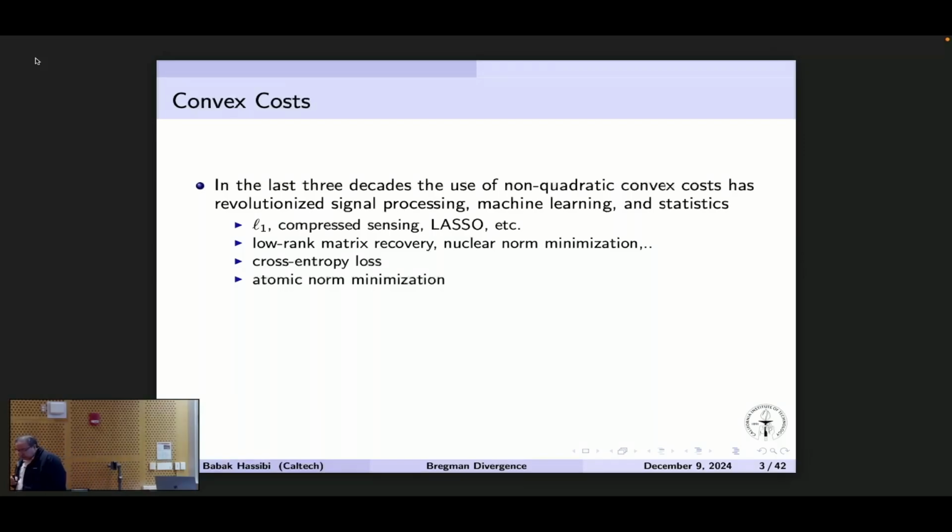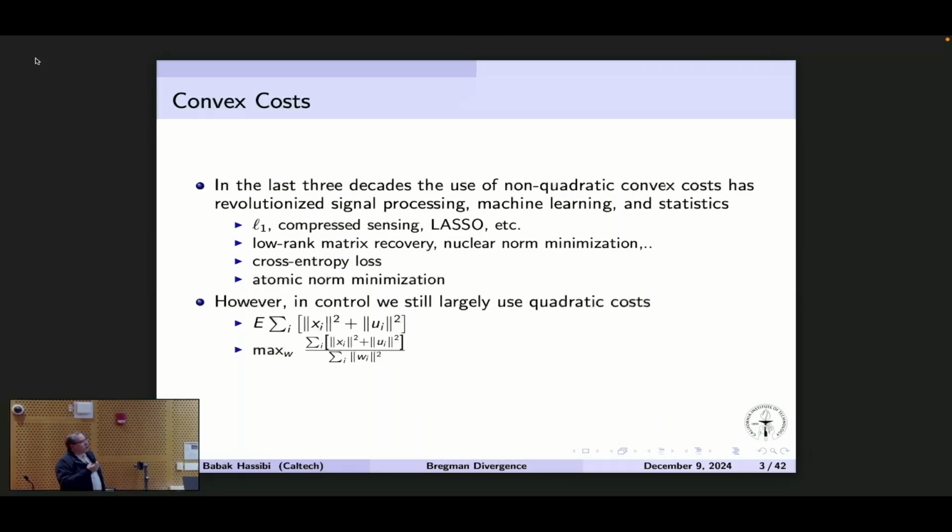In machine learning, then I am not transgressing maybe. People use cross entropy loss a lot. Out of MIT came this notion of atomic norm minimization. So it's had a big impact, and it allows people, when they're looking for solutions, to impose structure or to recover models that are, or behaviors that are not easy to recover if all you're focused on is just quadratic loss.